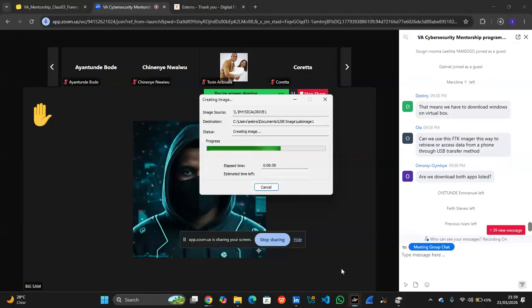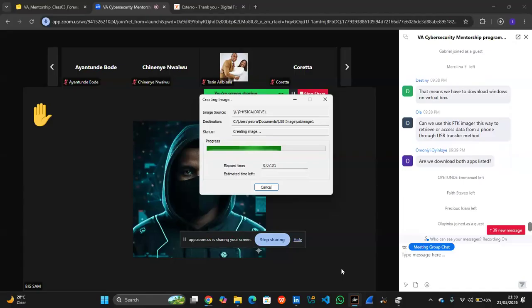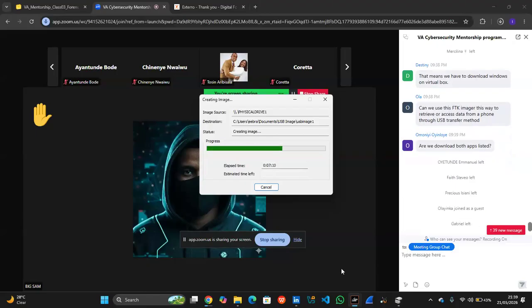Some people only know the virtual machine that is on their system is Kali Linux, so they might have issues with the GUI of Kali Linux. So probably they just start with Windows, then any other time, or if they want to go into investigation, they can use Windows on their virtual machine.